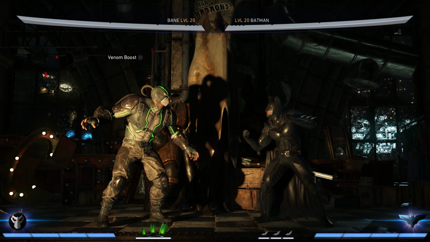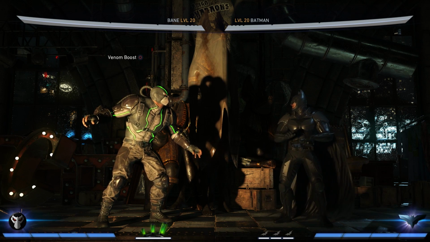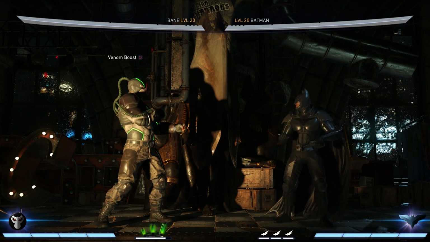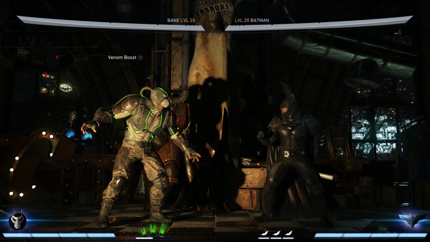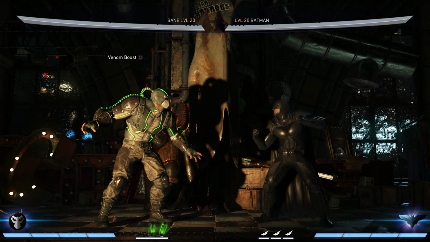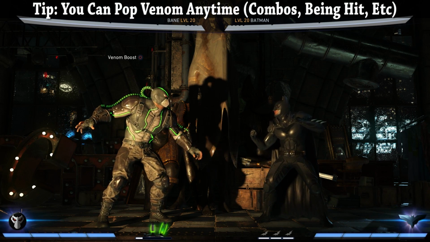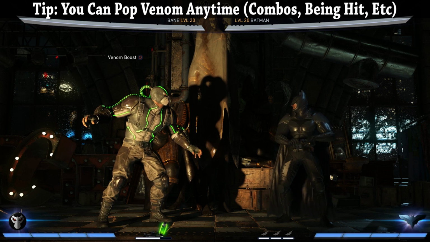Bane's character power is his Venom boost. It's very easy to understand, but pretty complex once you get into it. Each level of Venom gives Bane more damage to his attacks, and he also takes less damage from the opponent. Before each Venom tank runs out, you have the option to pop the next one. But here's the trade-off. When Bane's Venom runs out, he actually enters a debuff period, where he takes more damage